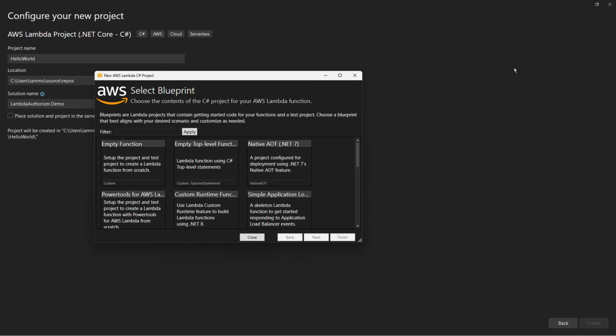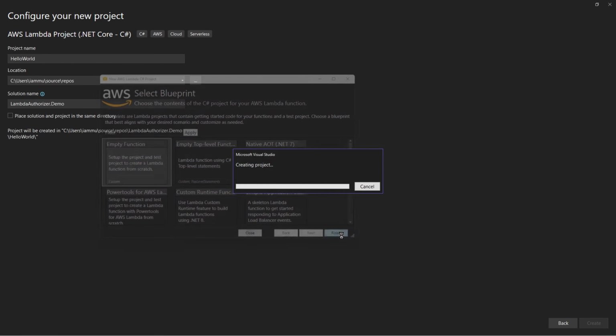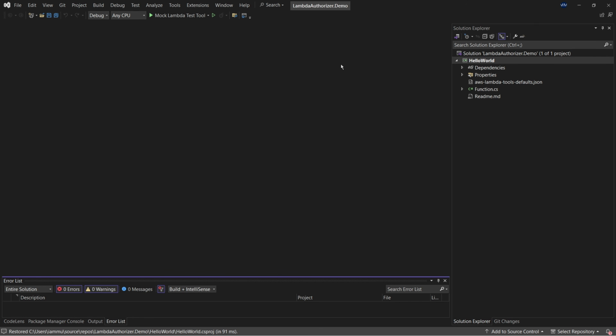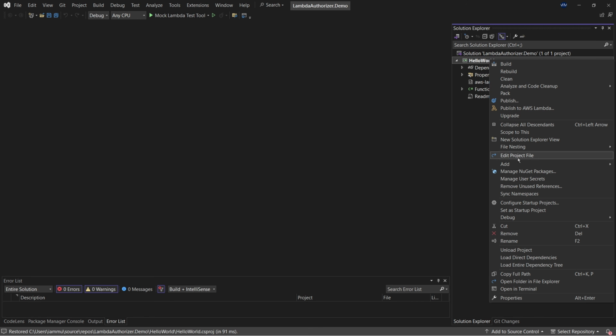In the next screen, you'll have to choose a blueprint. As of now, select Empty Function and proceed. So this will be the Lambda that is going to be protected by our Lambda Authorizer. So right click on this project, manage dependencies,